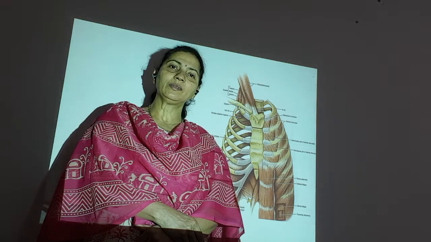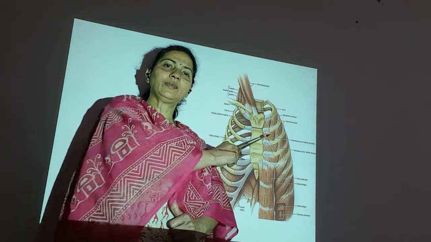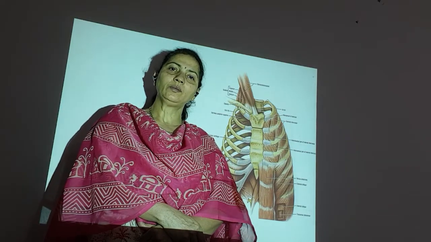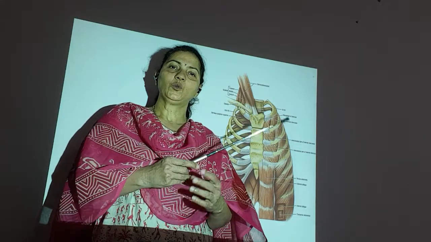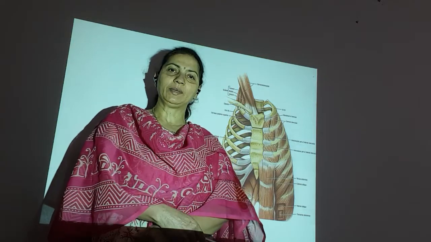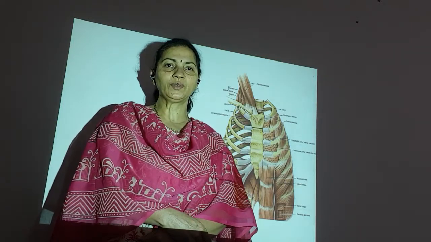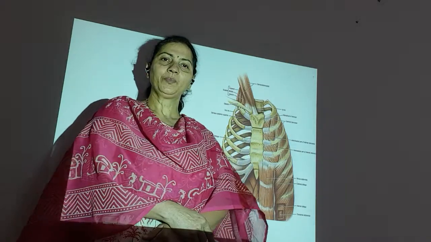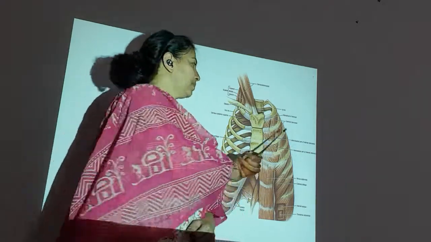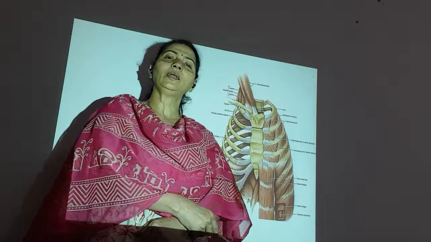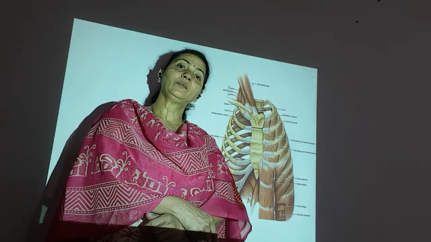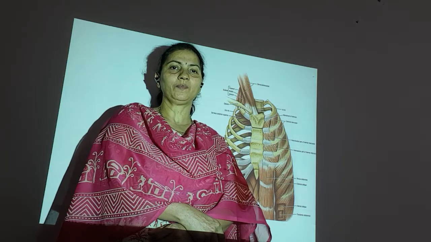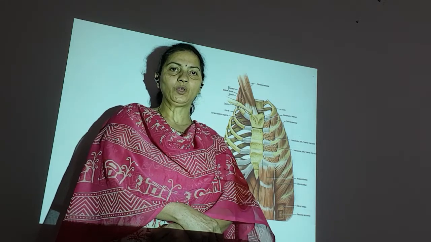So there are three muscles which are covering this intercostal space. What are those muscles called? In totality they are called intercostal muscles, but the outermost is going to be the external intercostal muscle. Beneath it we will see the internal intercostal muscle, and beneath it transversus thoracic muscle. So first of all I will talk about the